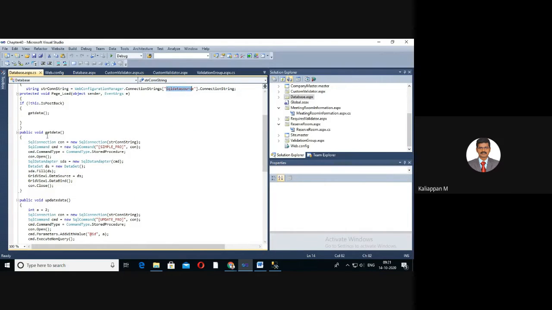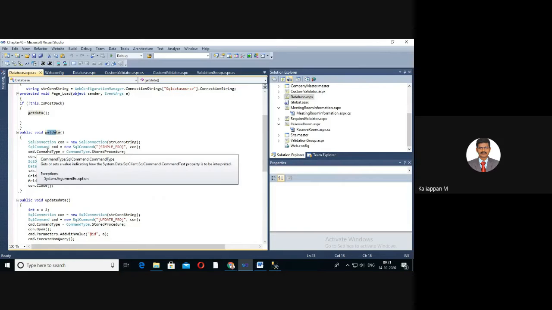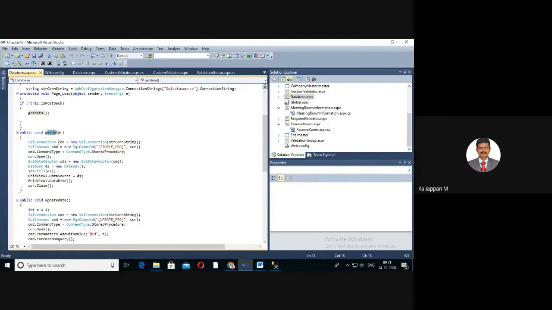Then I have to create a method called GetData. In that GetData, I have to create a connection object called con using the SqlConnection class. I hope all of you know how to create a connection object.